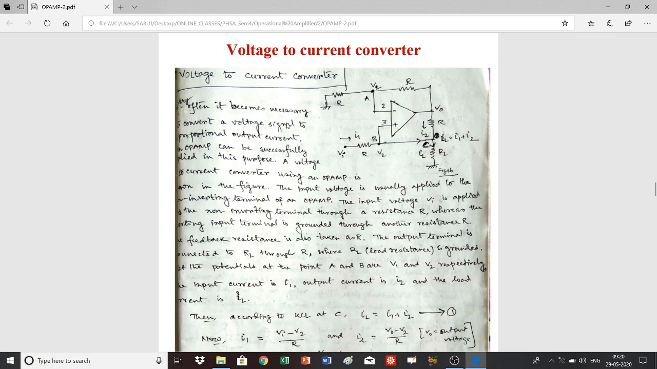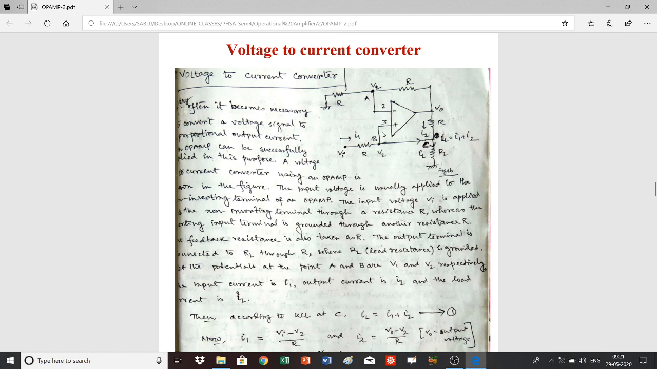Now in the first case, it was required to convert a voltage to its proportional current, and the device which converts a voltage to its equivalent or proportional current is called the voltage to current converter. An op-amp can be applied to design a voltage to current converter device. Here is the basic circuit arrangement of a voltage to current converter, in which an